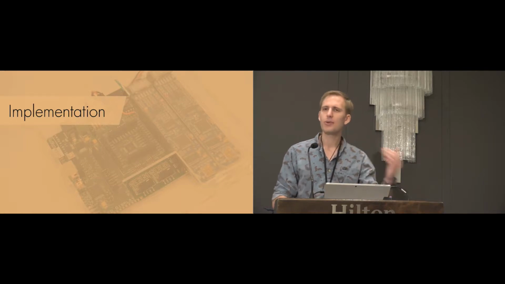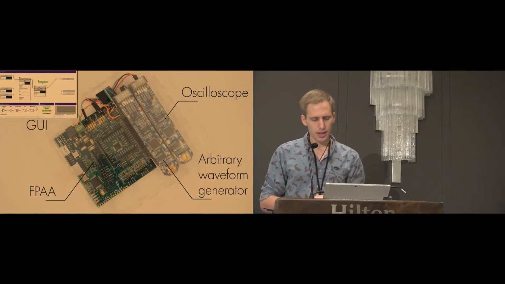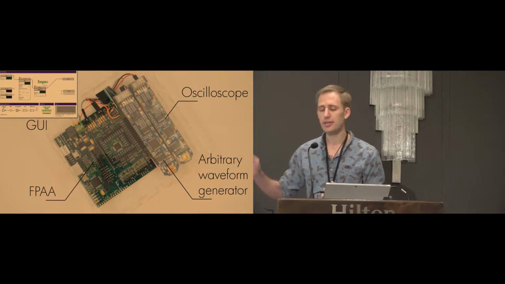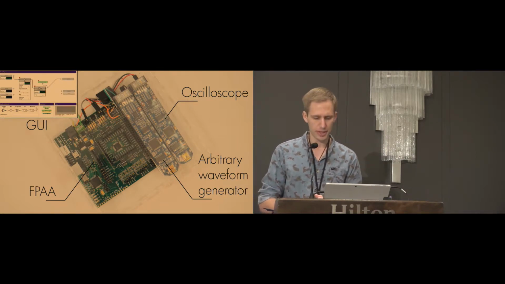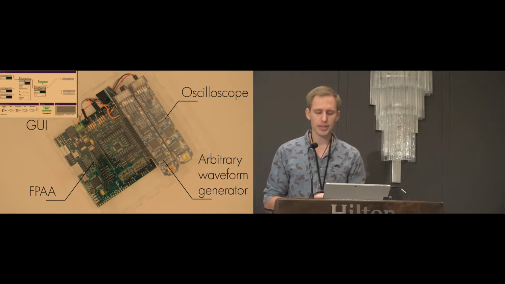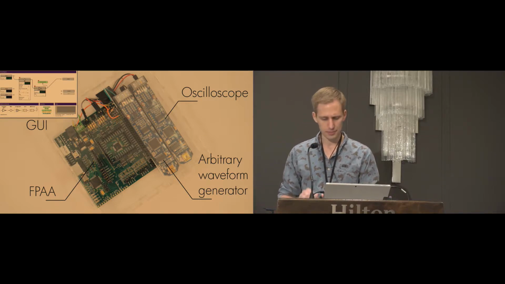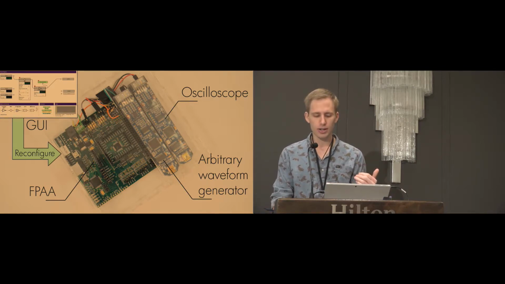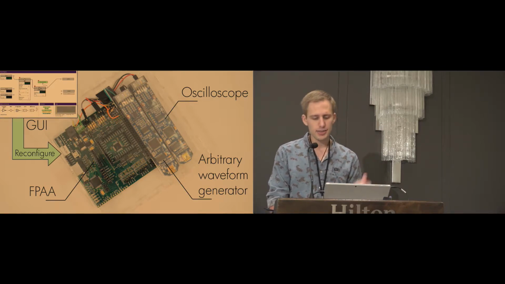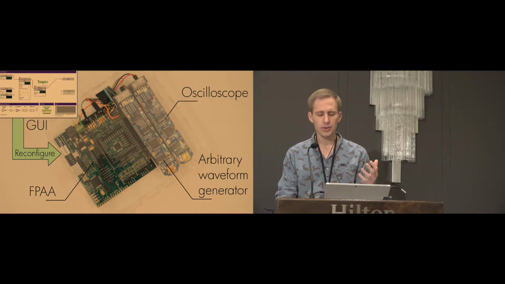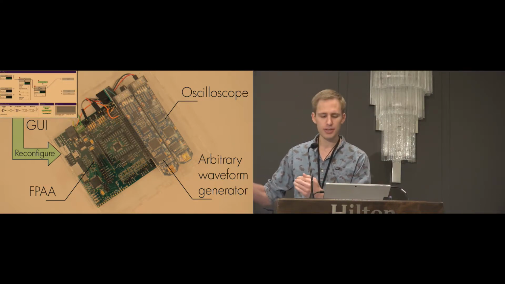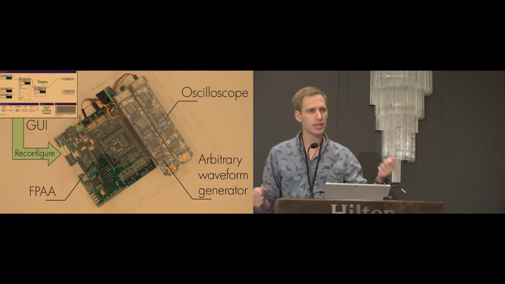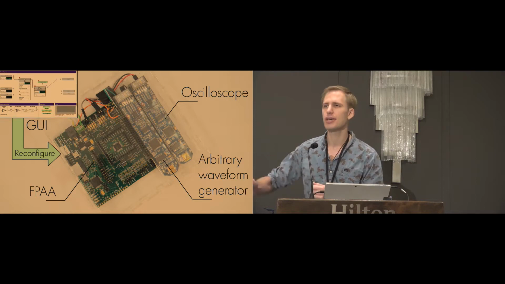So I'll give a brief overview of how we implement some of these core features. As we've seen, Scanalog has these three main hardware components: the FPAA, the digital oscilloscope, and the arbitrary waveform generator. Let's talk about how these components integrate to enable the features of Scanalog. As a user designs in the interface, we correspondingly reconfigure the hardware in real time. Details on how we achieve this are in our paper, but in short, we translate each module in the interface into an equivalent subcircuit, and then we set memory values that we've reverse engineered in the FPAA to appropriately configure